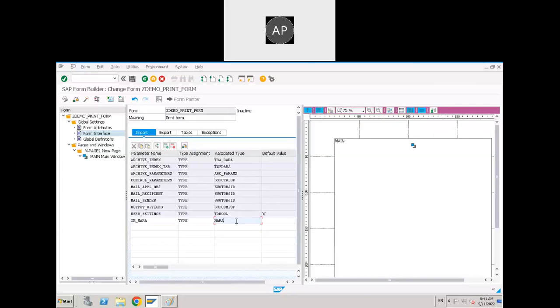If you want to use only limited fields, if you want to pass internal table type data with limited fields, for that structure you have to create a table type. Then you can pass the multiple records. Okay. Now,